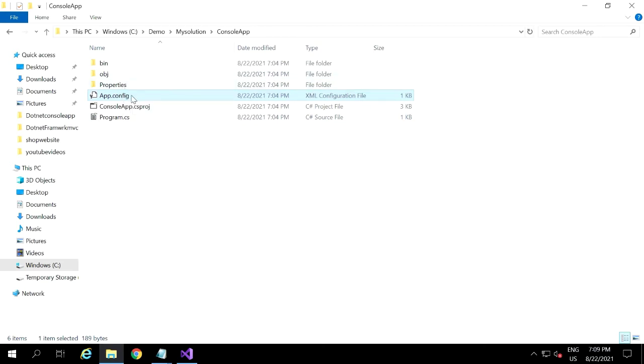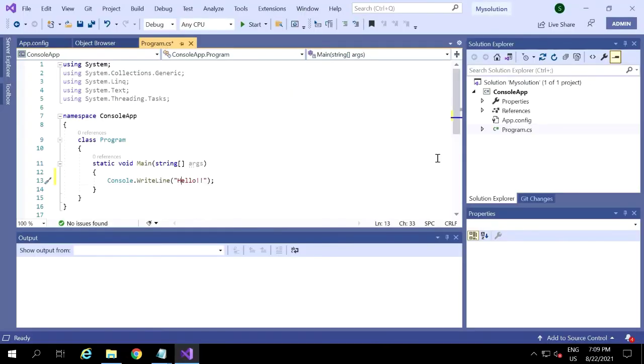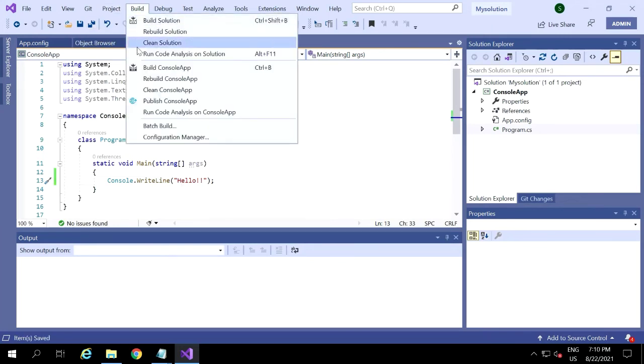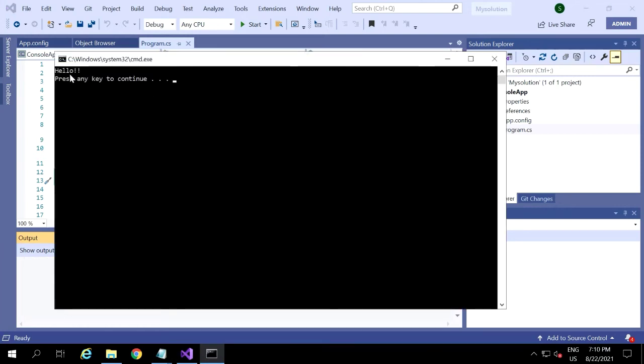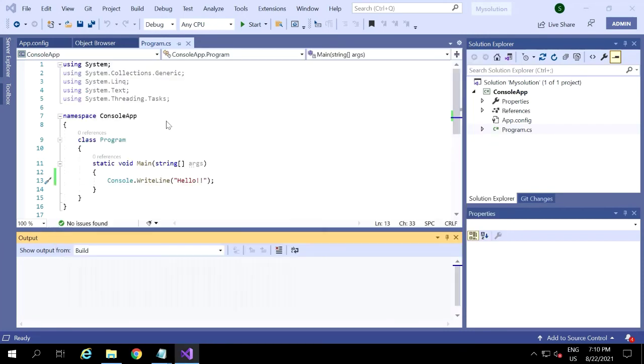So what we have to observe in this is how the bin debug folder, what files come when we build this particular project. We are going to observe that. So I am building this project, the console app. Let's see. Yeah, one successful build we have given. Let's check the folders once again, what files we got. Now I am running this particular program. Hello is the text we have written in Console.ReadLine. It is present. Now I press any key to come back.